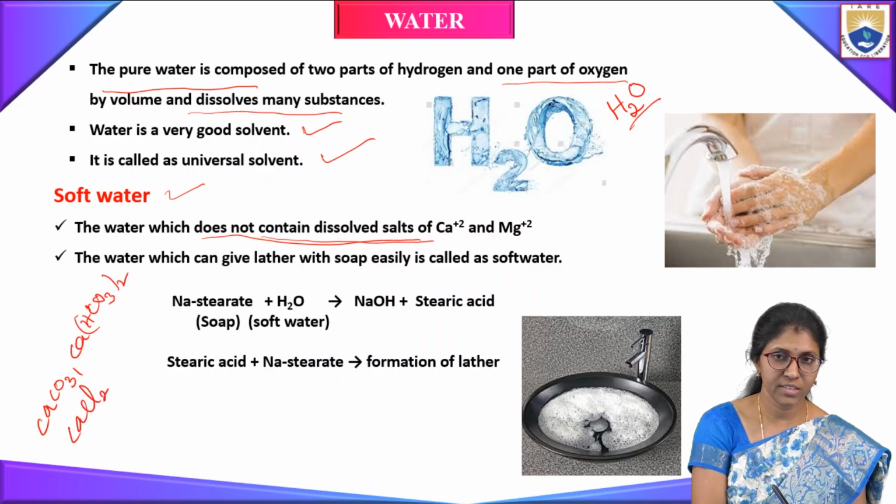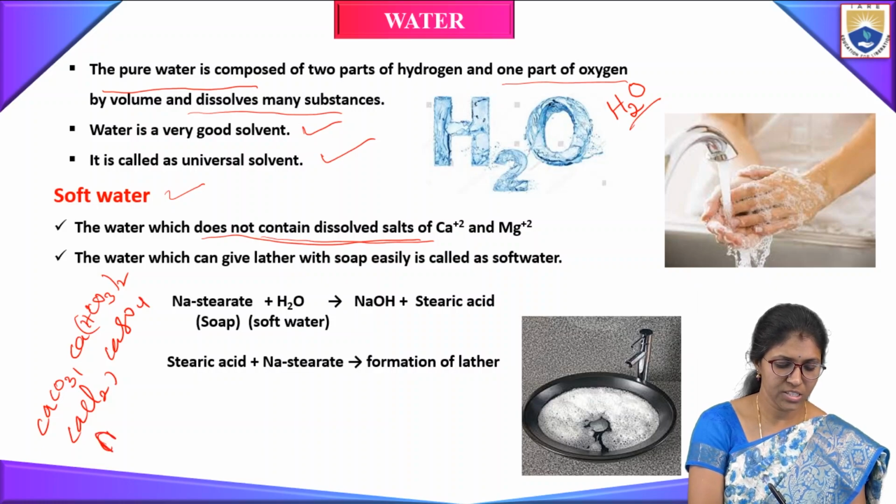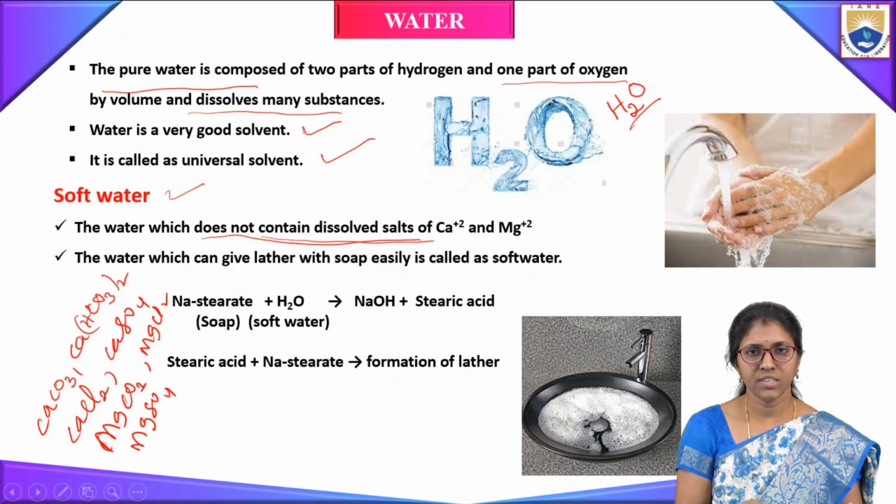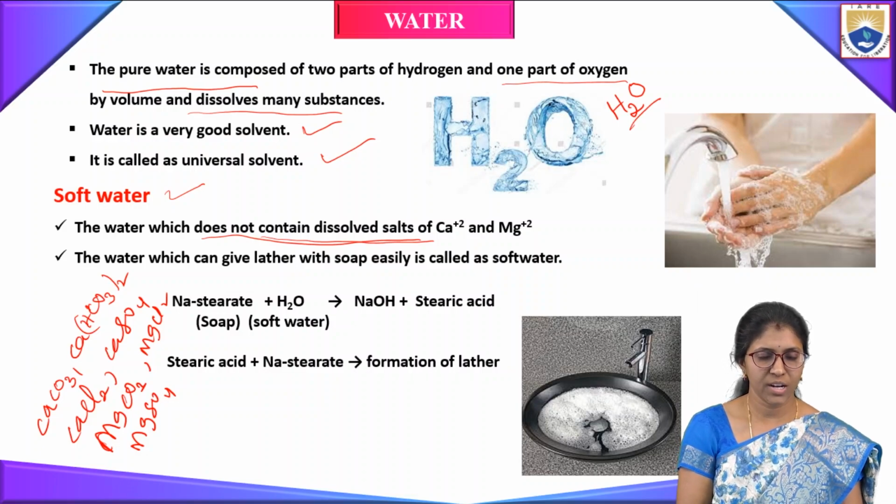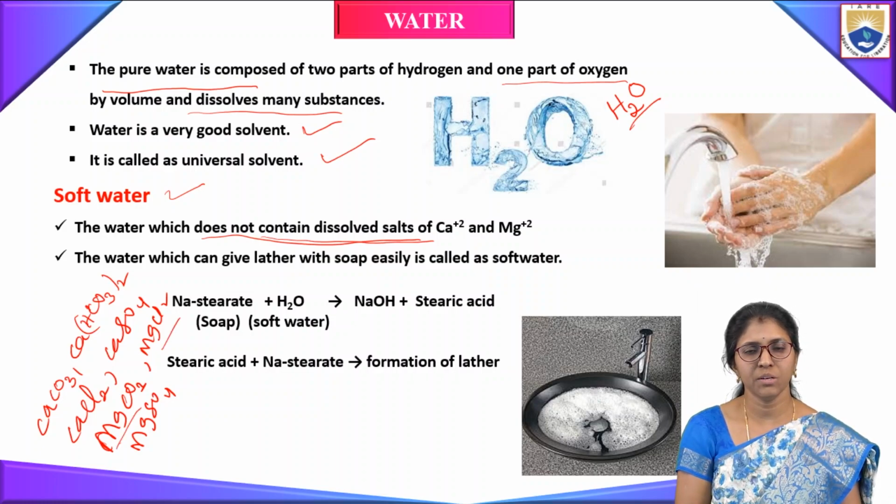calcium sulfate, calcium chloride, and magnesium carbonate, magnesium bicarbonate, magnesium chloride and magnesium sulfate. So generally water contains dissolved salts of calcium and magnesium 2+. The water which does not contain dissolved salts of calcium 2+ and magnesium 2+ is called